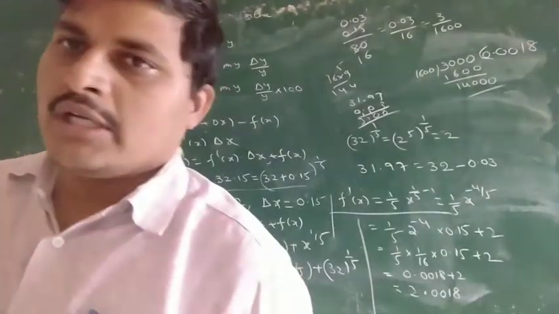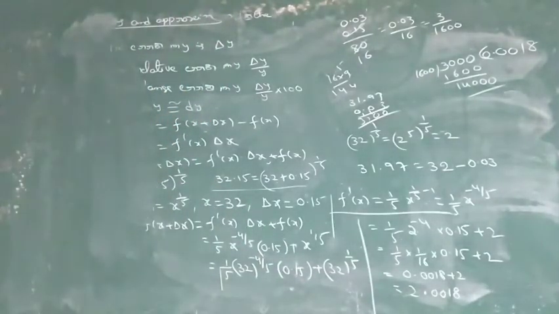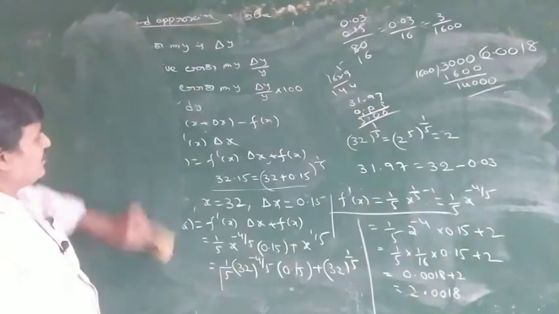Next, another model. Only find the approximate values. This is the first model. The second model,